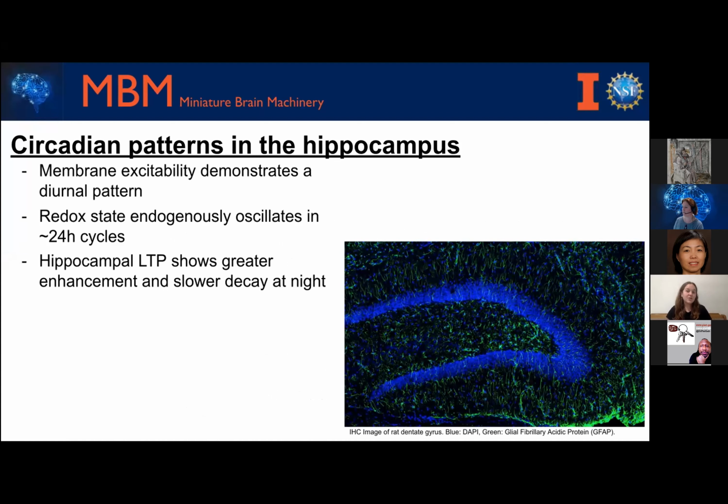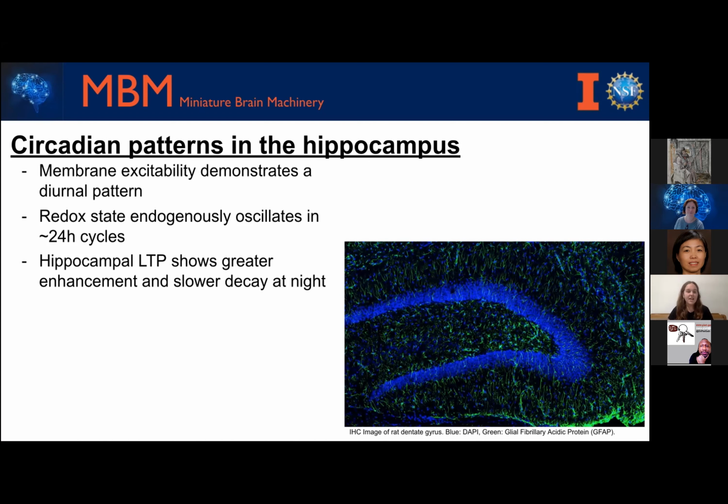But we also know that the hippocampus shows circadian patterns that are coupled to the suprachiasmatic nucleus, or SCN, that is known to be the master clock of the body. There are many processes of the hippocampus that show this connectivity, but just a few are listed here. We see that membrane excitability and neuronal activity change between day and night. We see that redox state oscillates in the hippocampus in approximately 24-hour cycles, and also that this oscillation persists in